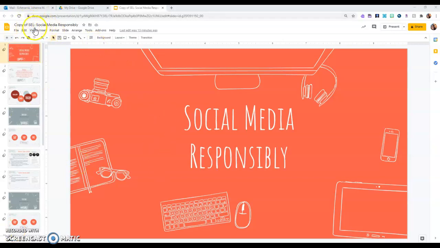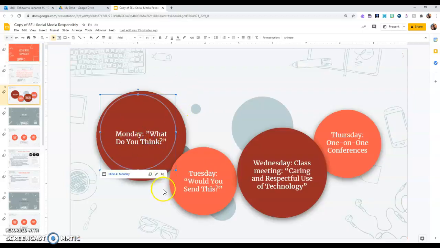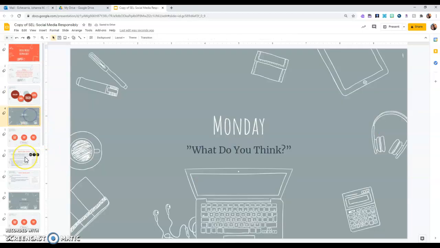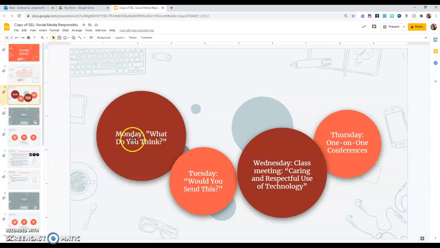I made a copy of the SEL, so this should not affect anyone's. So you're wondering how I linked these to the different slides. First of all, I'm going to unlink. I know Monday, if I look here, is on slide 4. So what I did